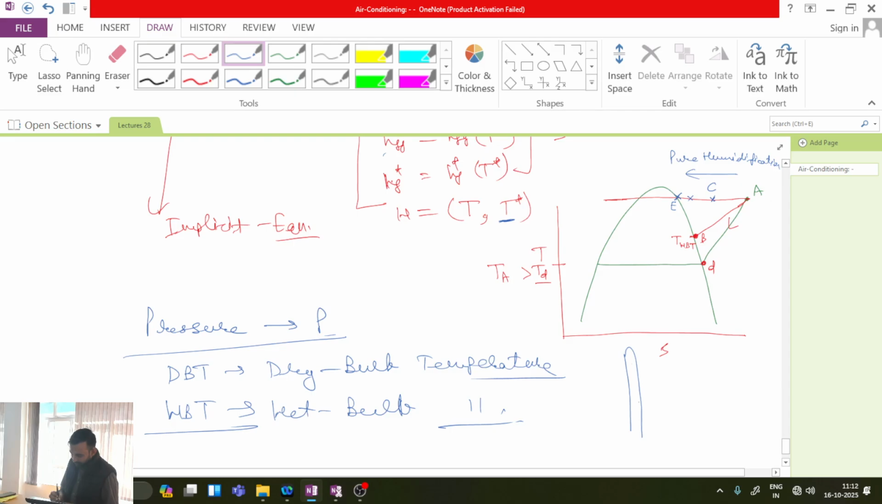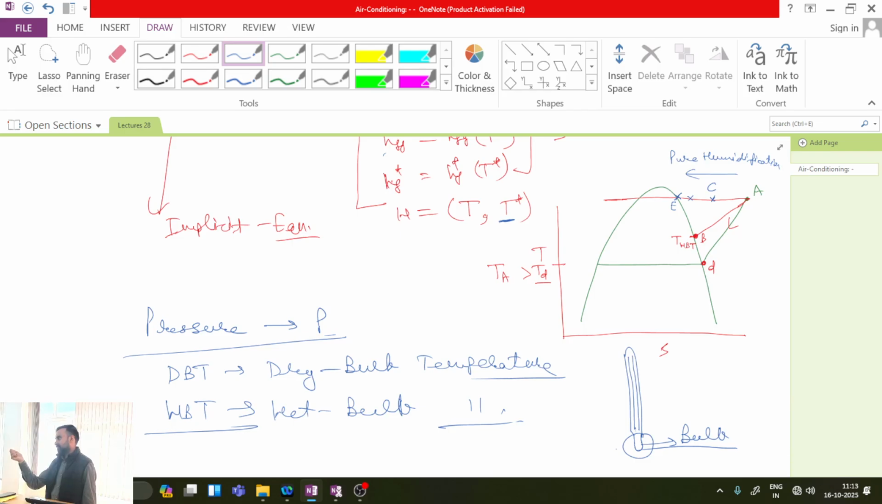So this is your thermometer, there is a tube, inside the tube there is mercury, and then at the bottom there is this portion. What is this portion? This is called the bulb of the thermometer. So whenever the bulb of the thermometer is dry and you are measuring temperature, then it is called